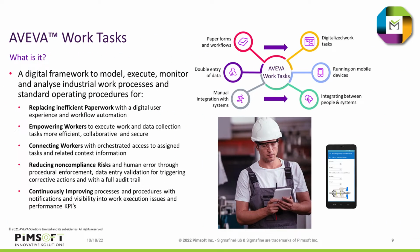The last AVEVA software that we will be talking about in this presentation is AVEVA Veritas. And what is this software? Well, this very interesting tool is a digital framework to model, execute, monitor, and analyze industrial work processes and standard operation procedures, basically to replace the inefficient paperwork and move that to a digital solution, empowering the workers to execute the work and the data collection more efficiently, connecting the work with orchestrated access and assigned tasks and related context